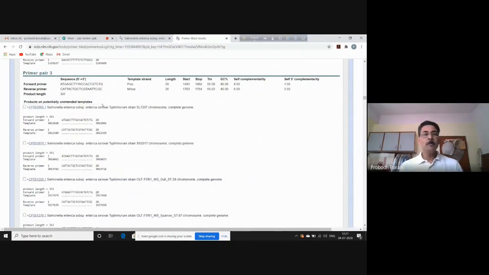Now, we will not get satisfied with this evaluation, but we will test the specificity, sensitivity, and the properties of the primer by using some additional tools. For that, first of all, we will select the forward primer of the selected primer pair. Here, primer pair 3 we have selected. So we select the forward primer, double click on the primer, it will be selected, then Control C means copy. Then open a new tab.